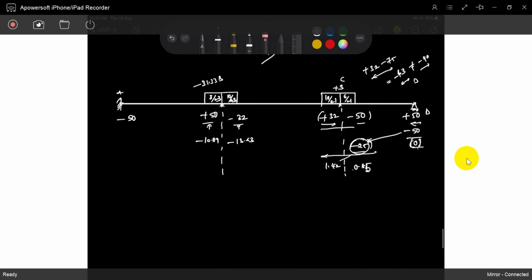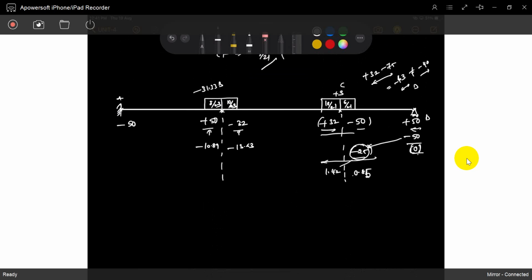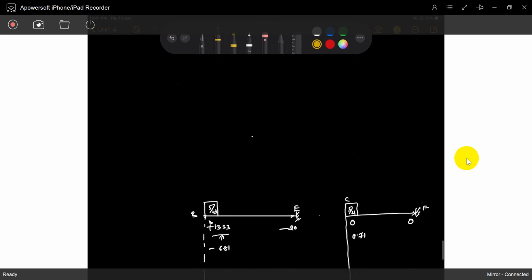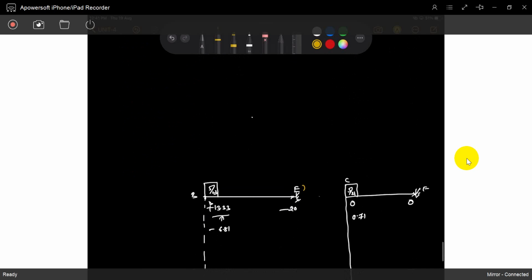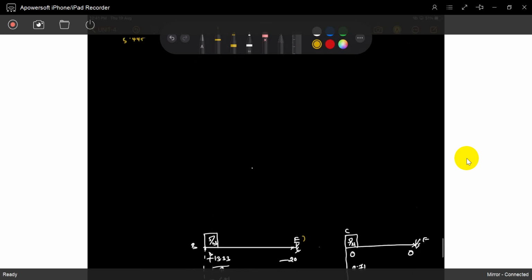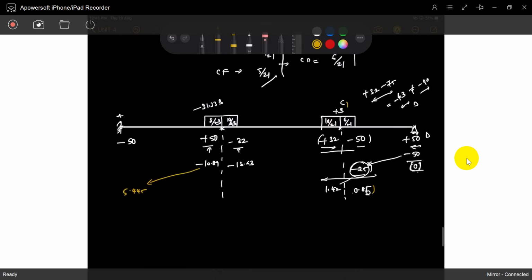That's the first step, and the first step is not completed. Now you can observe the carryover factor, it will come like this, because A is a fixed end. So how much is it? 10.89 divided by 2, it's 5.445. So, that's the B end. BE is a fixed end. B is a fixed end. At the C end, the CD end, you have applied 0.85, but the D end is a hinge end, so there is no carryover factor.